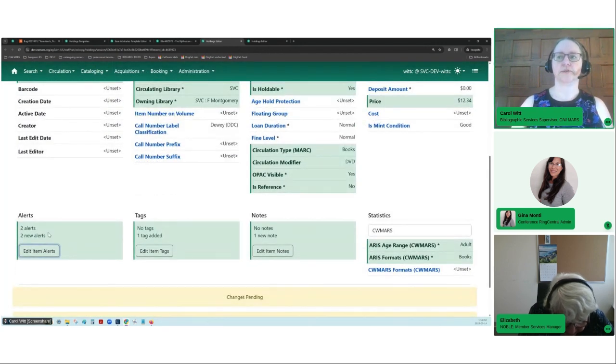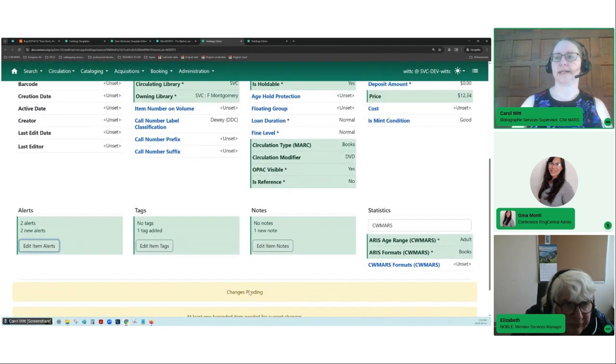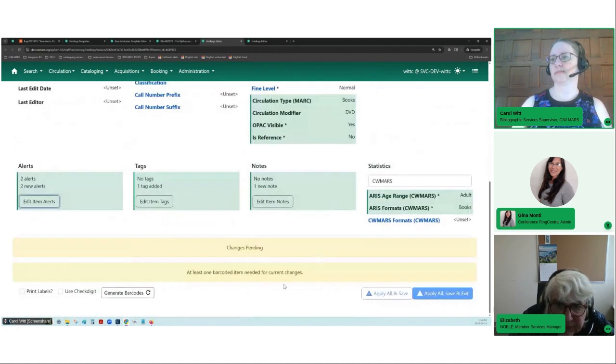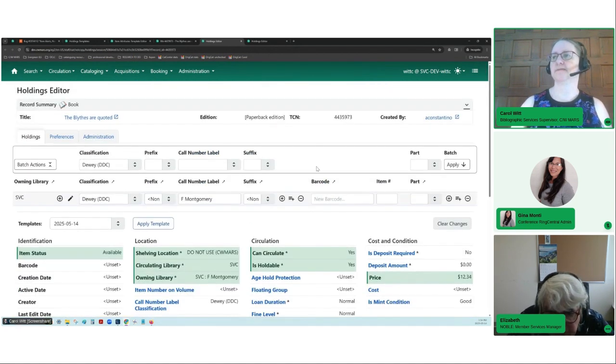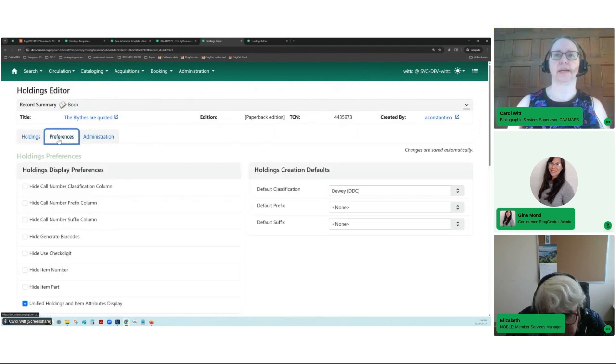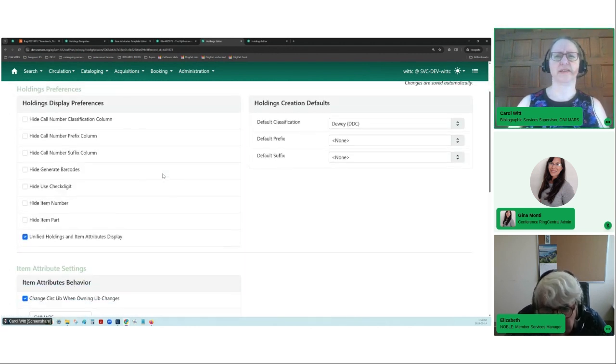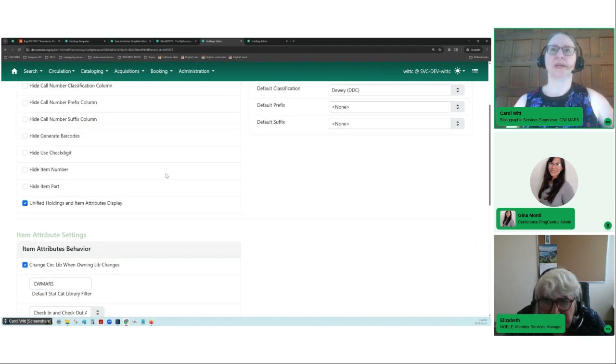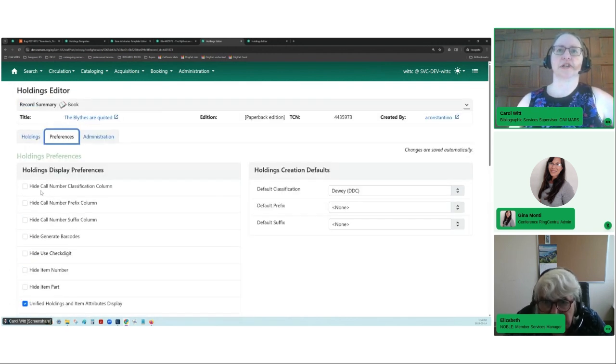So now you've got 2 new alerts. There are changes pending because there is one barcoded item needed for the current change, because we're creating an item. Now, one thing in the preferences, I think this is fairly similar to how it looked in versions beyond 3.7, where this changed from the